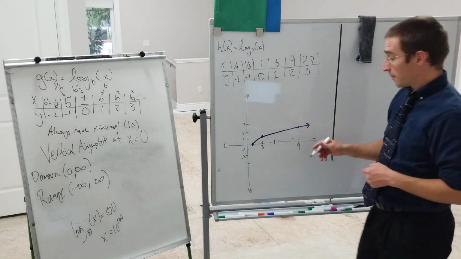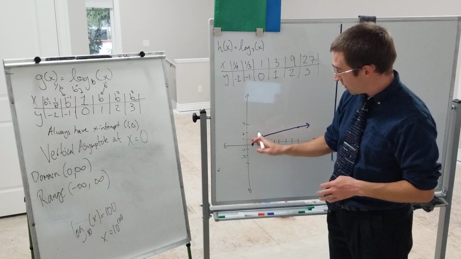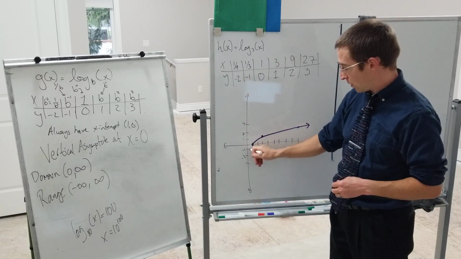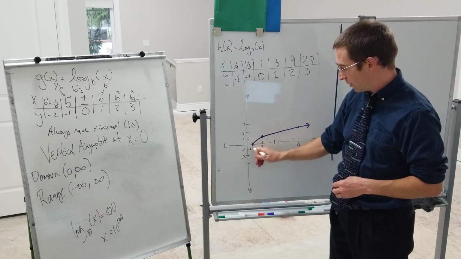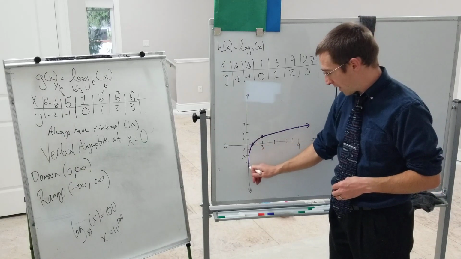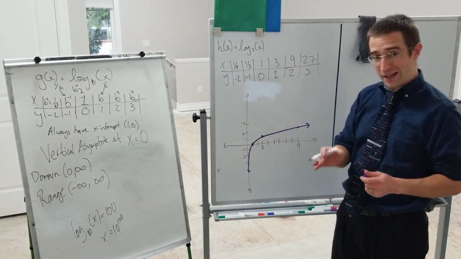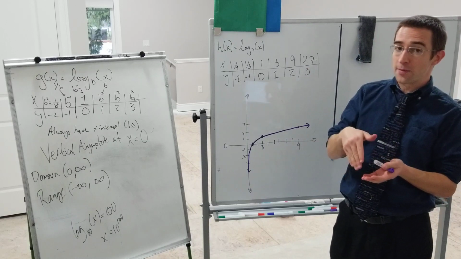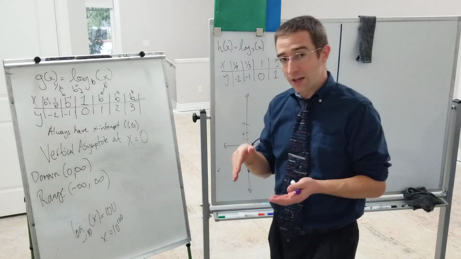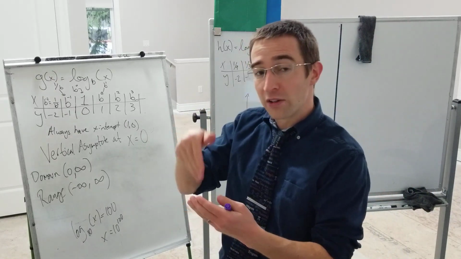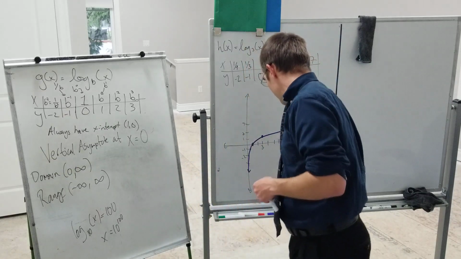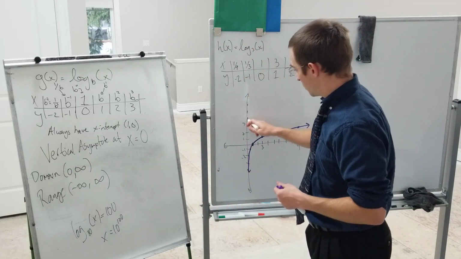But it's still increasing. And then as I go closer to the y-axis, I go like -1, -2, and I approach the x-axis, but it goes almost straight down. There's still a curve to it. There's an ever-changing slope. It's getting steeper and steeper and steeper. It's not a straight line, but it's getting arbitrarily close to x equals 0, but never quite getting there. So we have this asymptote